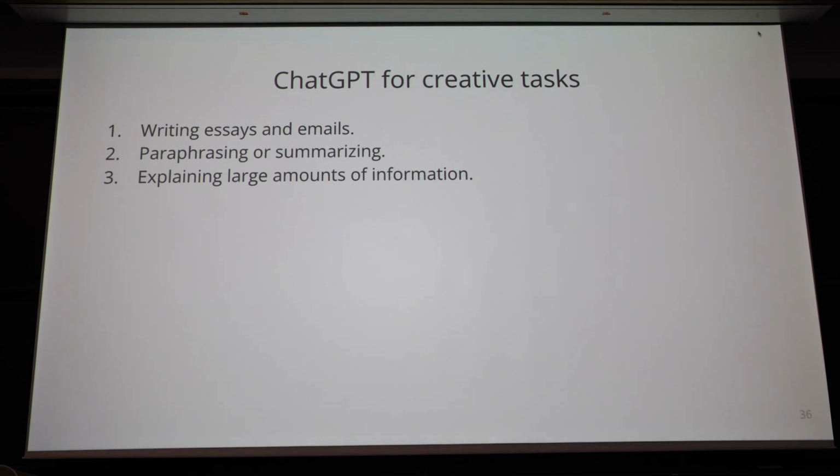Now, I think a lot of non-researchers or school students, the thing they're most excited about, or at least most exploiting, is using ChatGPT for quote-unquote creative tasks where you need to do long-form generation, like multiple paragraphs. For example, maybe you want to write an essay or an email. Maybe you want to summarize a certain website, so you don't have to read 5 paragraphs. You can only read one of them, and so on, right? So here are some examples of how